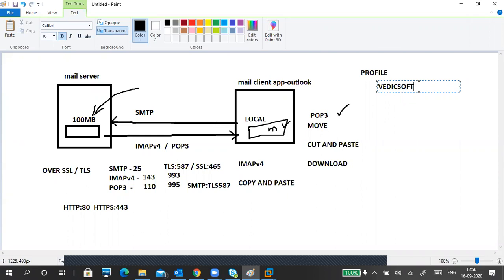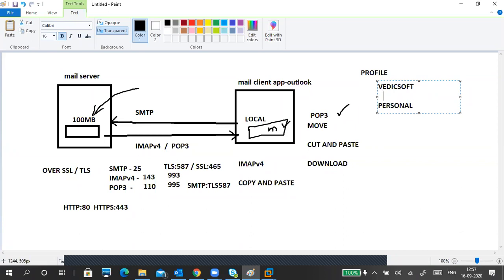I don't want to mix my Gmail with Vedic Soft, and I don't want to view both my personal mails and Vedic Soft mails in the same window. I want to create separate ones. So I created a Vedic Soft profile separately, then created my personal mail separately.